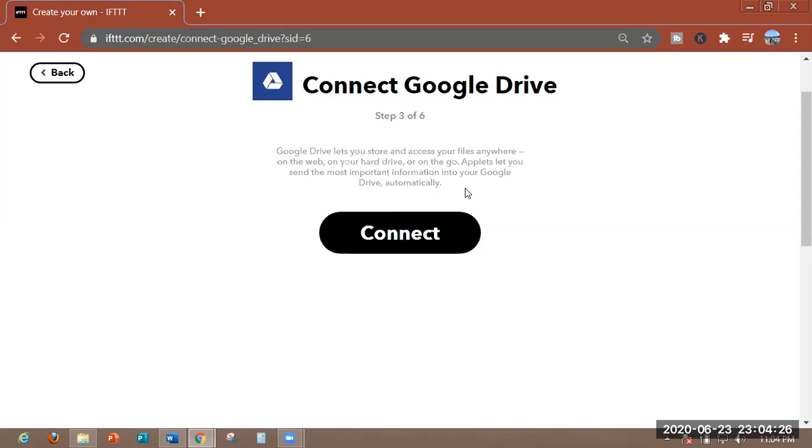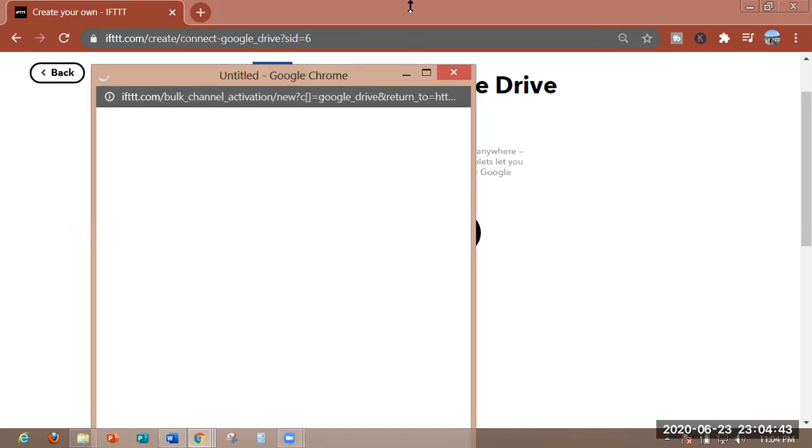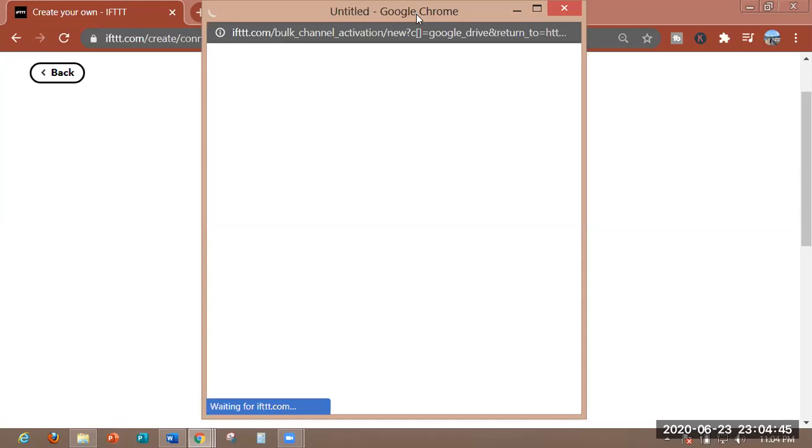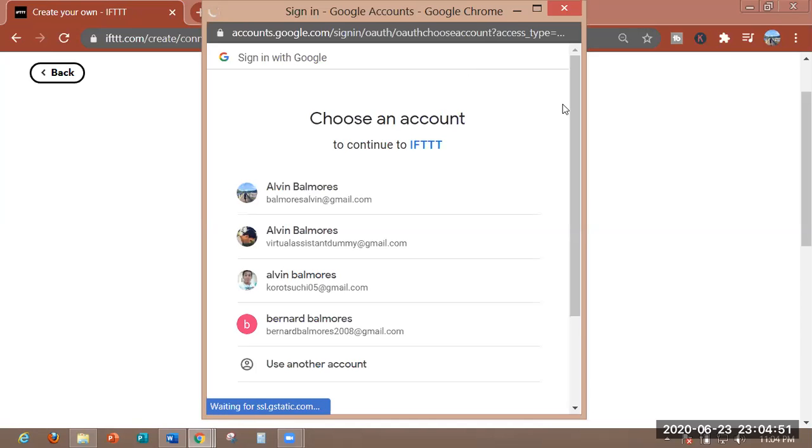So I wasn't able to connect my Google Drive. Google Drive lets you store and access your files anywhere. So you're being asked to connect Google Drive. You want to connect Google Drive to your Facebook, then click connect. So you're gonna be redirected to